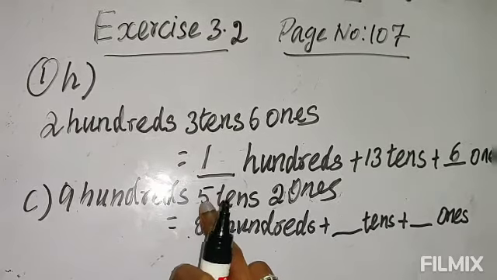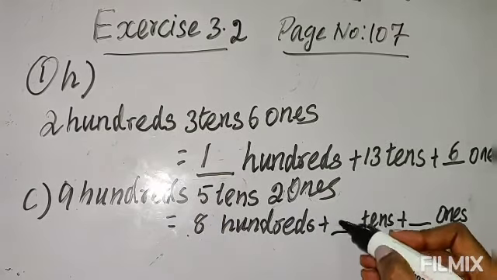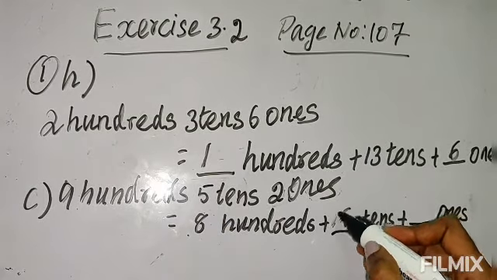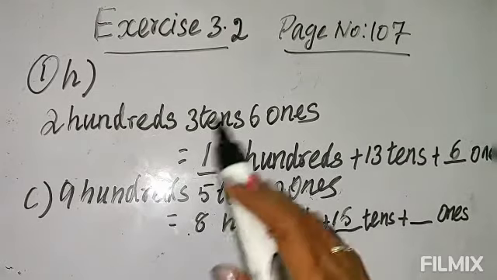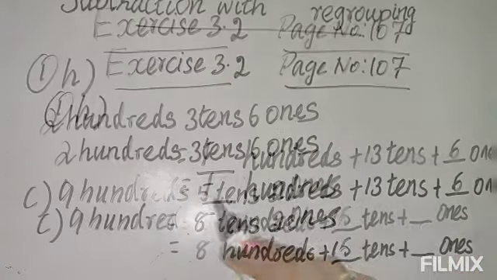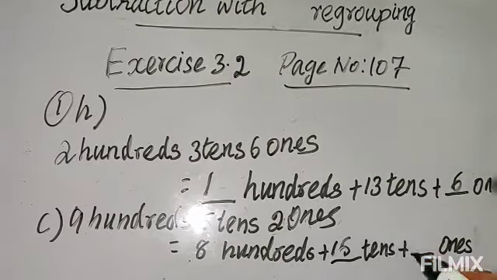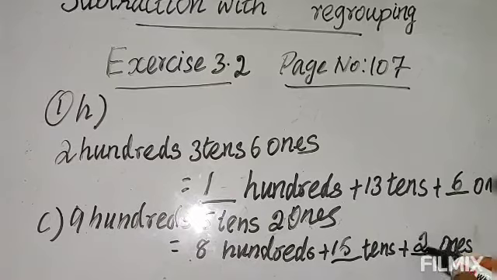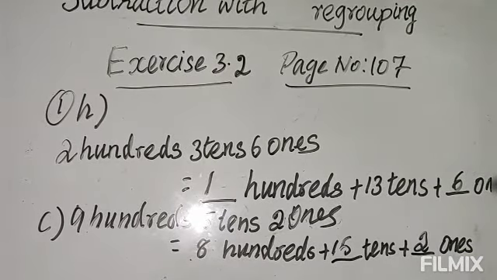So here 5 tens is there, so if you would have got from there 1, this will become 15 tens. Okay, if it is less than the right side, that means it has borrowed to the right side. That borrowed 1 will come here. Now in the ones place there is no change at all, so that 2 will remain as it is, the 2 ones, that's all. Like this you do the exercise.